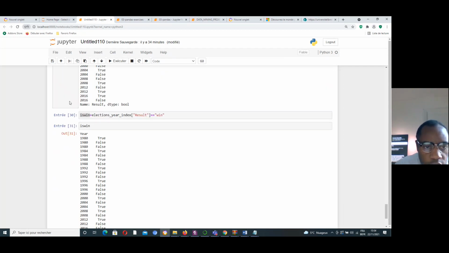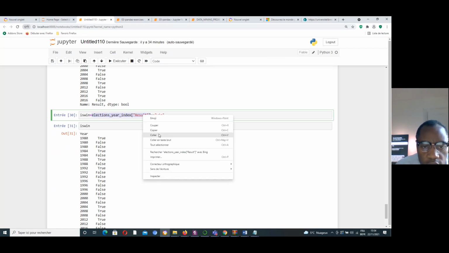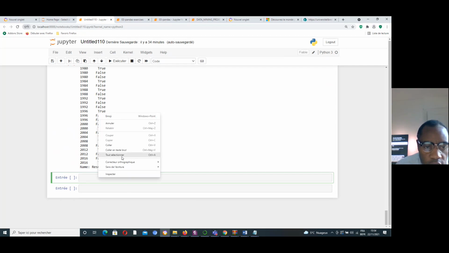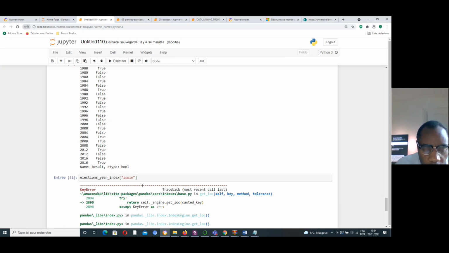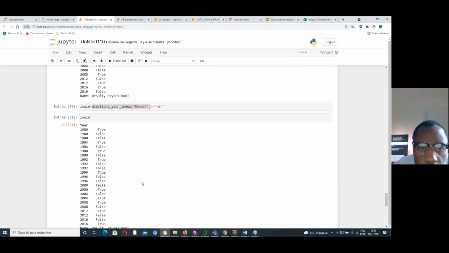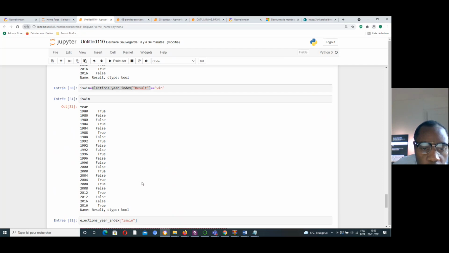How to do that? Just select like that, this way. Okay. If I print, error. What is the problem now? What is the problem? Ah, yes.